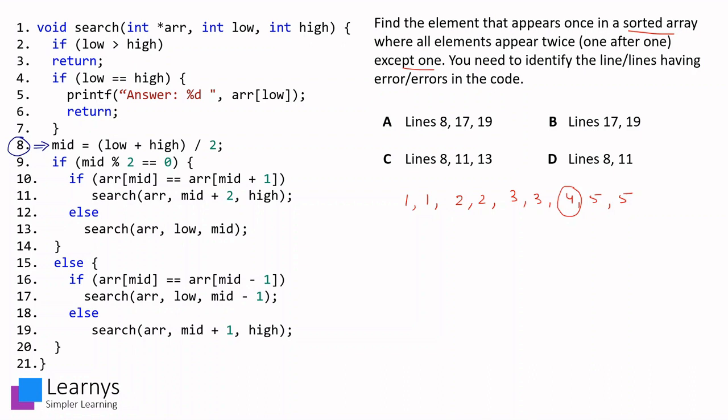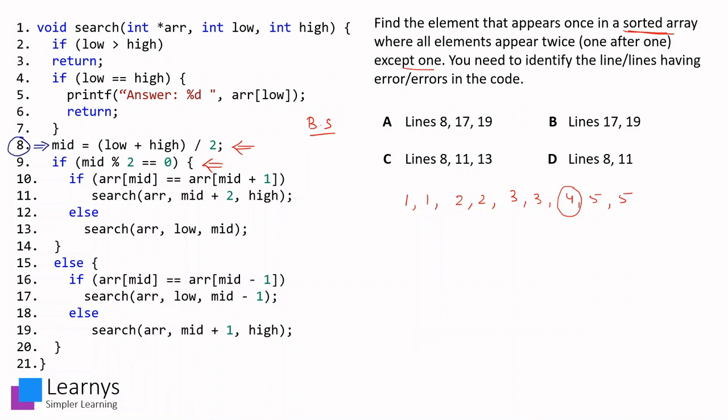As we can see, here they are finding out the middle of the array and then searching for the middle element, and also given that the array is sorted, we can say that binary search is being used over here. So as soon as we find out the middle position in line number 9, they are checking whether the middle position is an even value or an odd value.